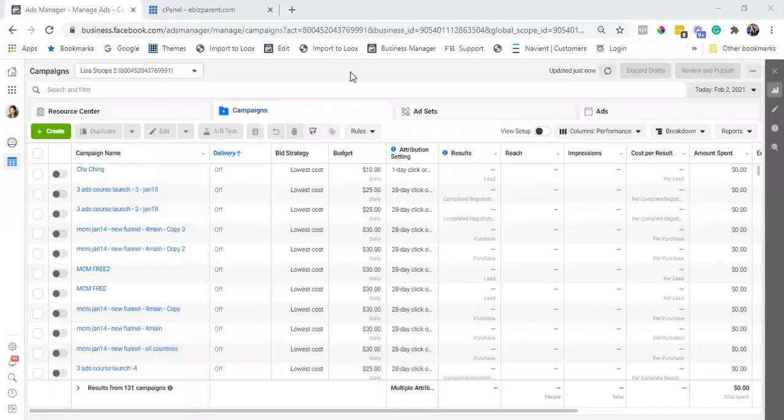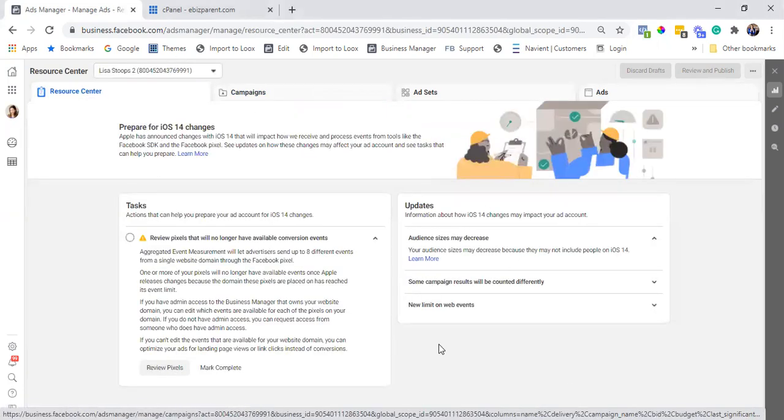All right, in this video, we are going to go over what changes we know are happening so far with the iOS 14 update. So when you are in your ads manager, you are going to find a new tab called Resource Center. You're going to click in there, and this is going to give you all the information and the updates that we know currently, as this is continuously evolving, and Apple has not rolled out this change completely yet. So Facebook is trying to do all they can to continue to support advertisers so that we're not completely